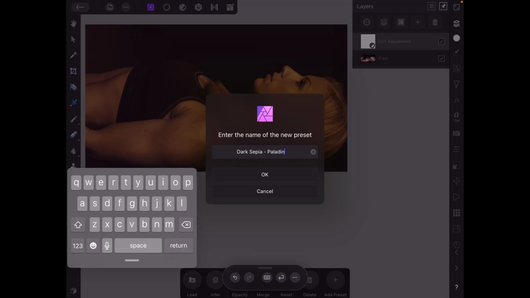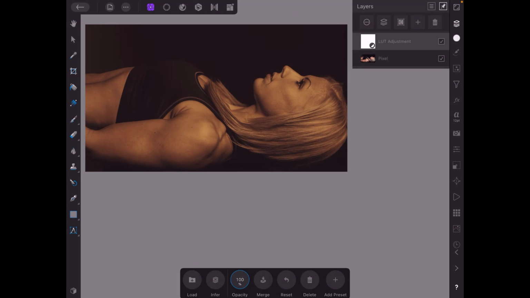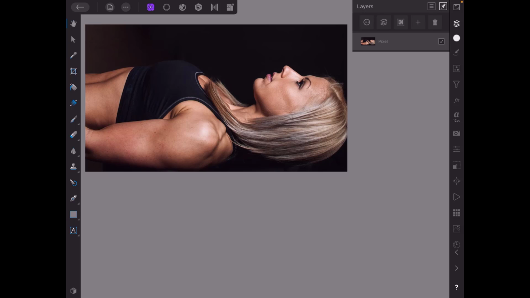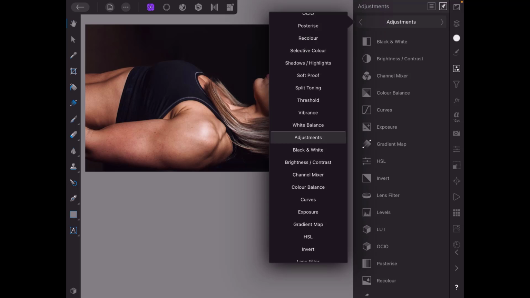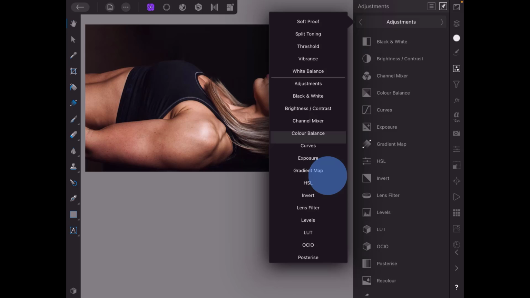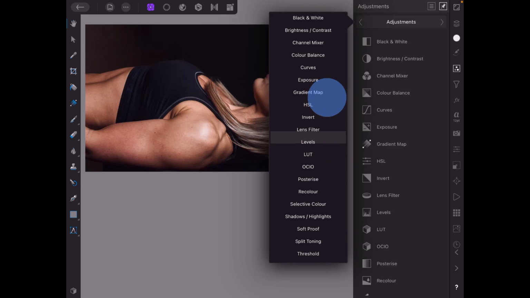So hopefully it doesn't ruin any copyright details, and so that now is added to the preset list. So let me just delete this layer, going back to the original, and again I will come to the adjustment. Now this time I'm going to tap and hold the name adjustment at the top here, and then just move to the left to give me a list of all the adjustments, and I'm going to come down until LUT